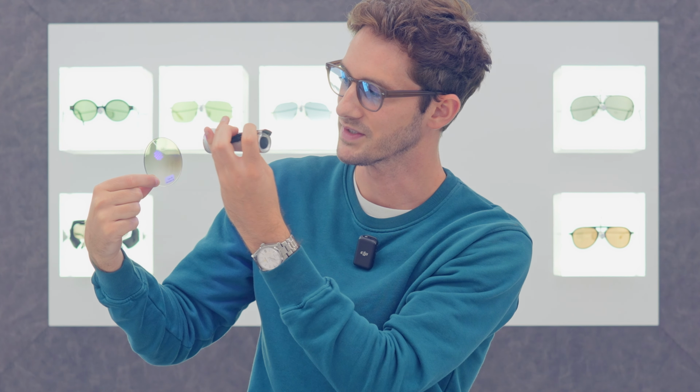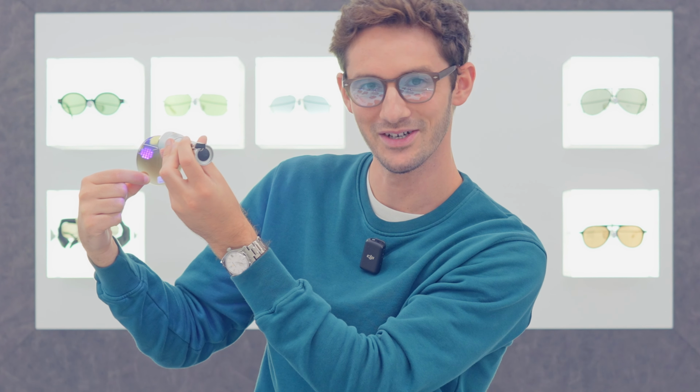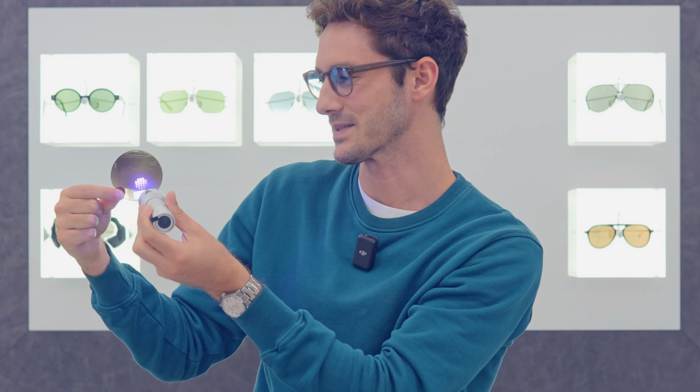Probably the most popular type of lens treatment is photochromic. And on that subject, I've got some exciting lenses to show you as well. So sometimes you can combine two or more different treatments into one lens, and this is an example of that. So this is a green gradient tint added on top of a brown transitions lens. And the result is that you get this kind of greenish brown or brownish green color as the lens is exposed to UV light. So this is a tinted lens you can wear indoors that acts as a sunglass when